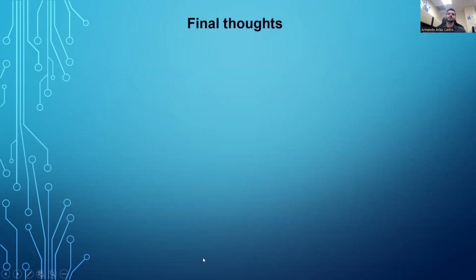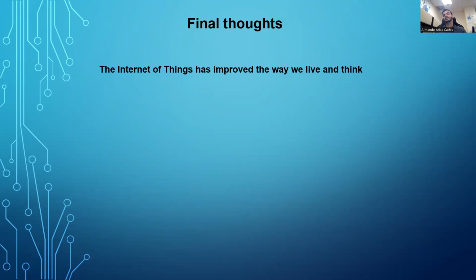Some final thoughts. The Internet of Things has changed the way we live and think. Now we don't need to worry about some tasks that are better executed by a computer or software. This extra time, we can use it to improve our relationships with family and friends and to make a positive impact in the world. But like any other technology, this one comes with a price. The question each one of us has to answer is, how much are we